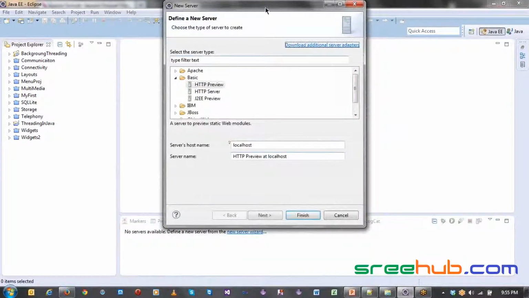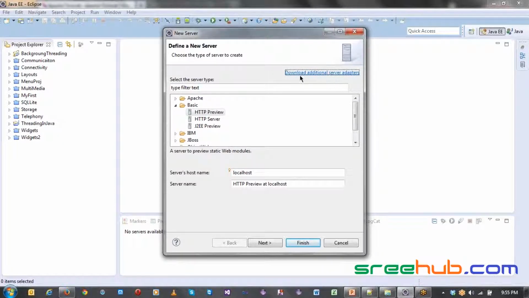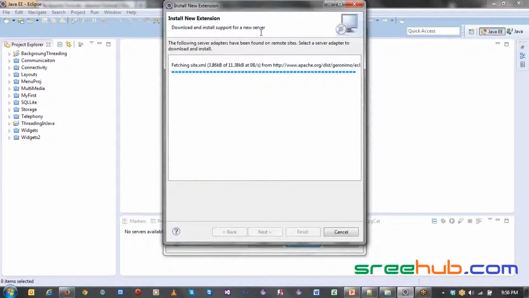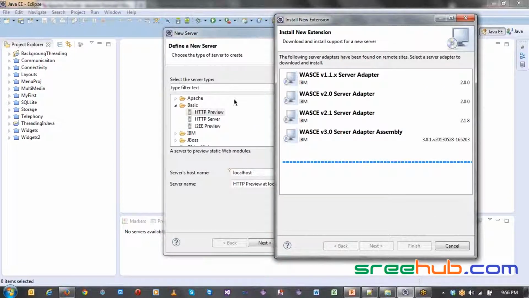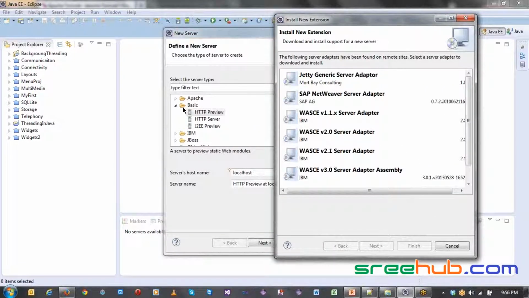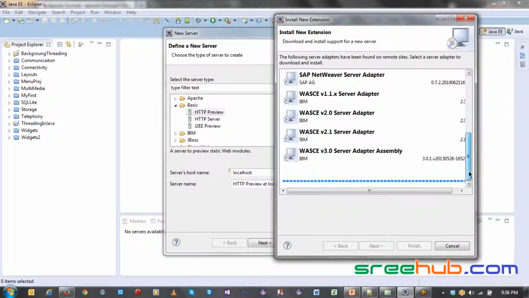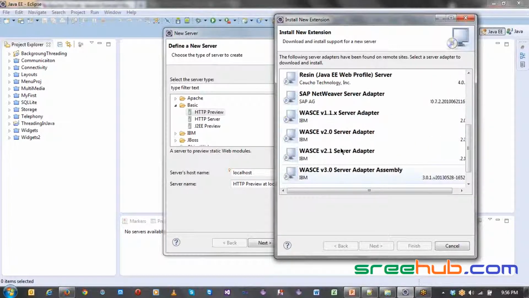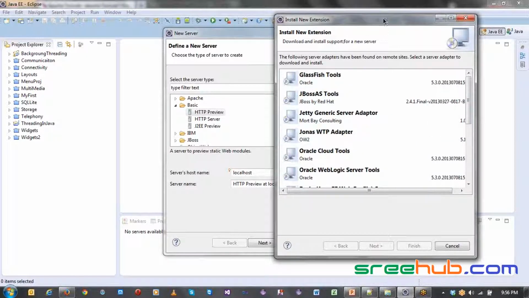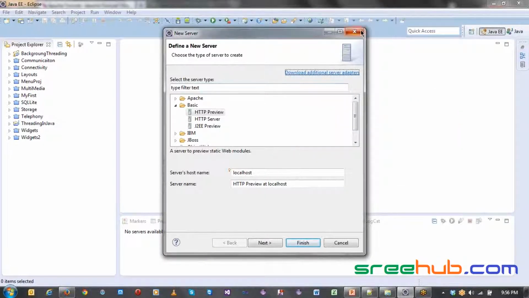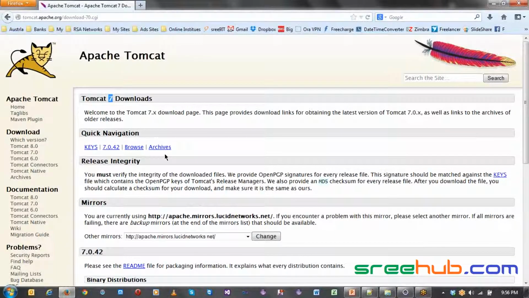And you can get one more thing, you can just say download additional updates. Now when I click on this, if there is an adapter for this Eclipse version, like Apache server, then you can directly select it, and you can see there is a Glassfish tools, one new update. Select that, and when you click on finish, it will be added to our Eclipse version. This is being retrieved from online for our Eclipse version, right? So that is the reason why we are going for this.